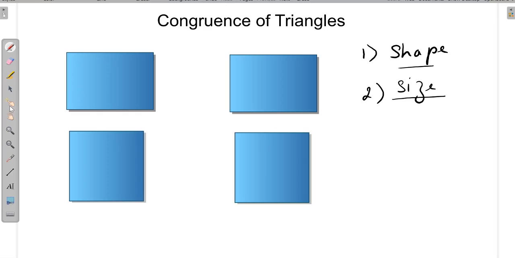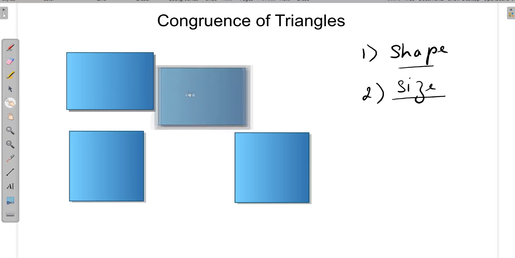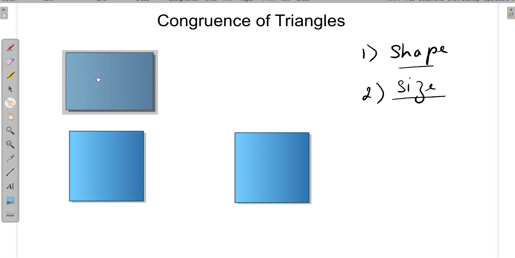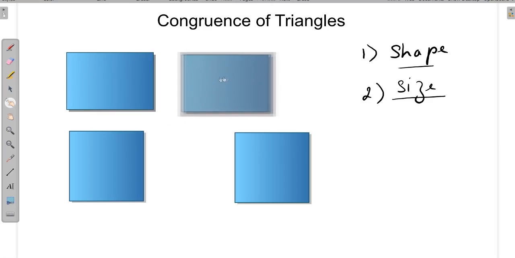Here I have already shown the two figures. This is a rectangle and this is a rectangle. I say these two rectangles are congruent to each other because they have the same shape, that means they are rectangles in shape, and they have the same sides, that is the length of the sides is equal, as well as the angles, each angle is 90 degrees, also equal. We can also say congruency on the basis of superposition. Superposition means if I pick this figure and superimpose it on this, it should exactly match. It is exactly matching at all the corners, and the sides have equal length. So we can say that these two figures are congruent.